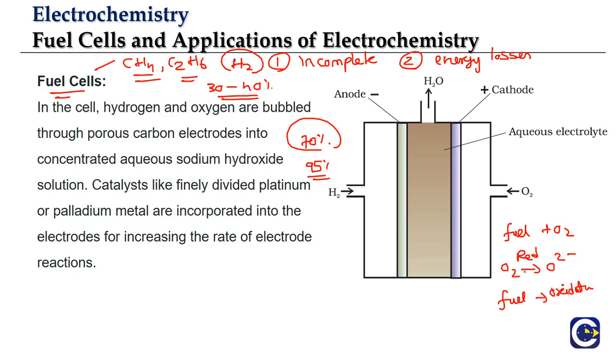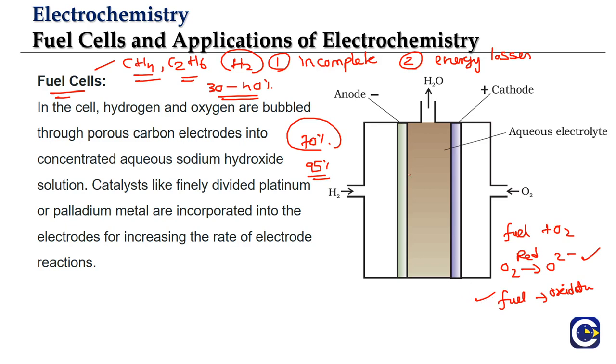If we can have both phenomena happening in adjacent places, one place which we'll call the cathode, where reduction happens, the oxygen converts into oxide ions. At the other place, the anode, we have the oxidation of the fuel, and we combine both the ions. As a result, we have the final product. And when we take the electrons from the anode, because oxidation happens at the anode and electrons are released, to the cathode through a circuit, we can see the energy extracted in the form of electrical energy, which is a cleaner form of energy. So this is the basic idea of the fuel cell.